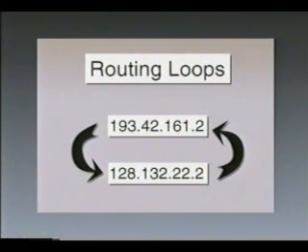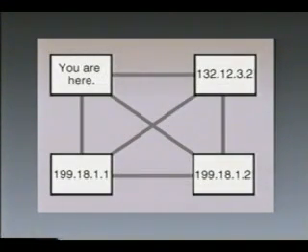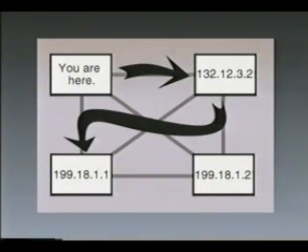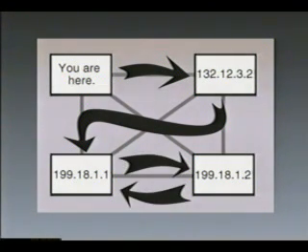Sometimes, due to a routing misconfiguration or a router software bug, a loop will develop for certain destination networks. A routing loop occurs when a pair of routers will each point next hops for a specific network towards the other router. A traceroute with a loop will look like this. In this case, the traceroute proceeds normally to 199.18.1.1, where it starts a loop with its upstream neighbor, 199.18.1.2. In this case, you need to refer to a network topology map to determine which router is having the